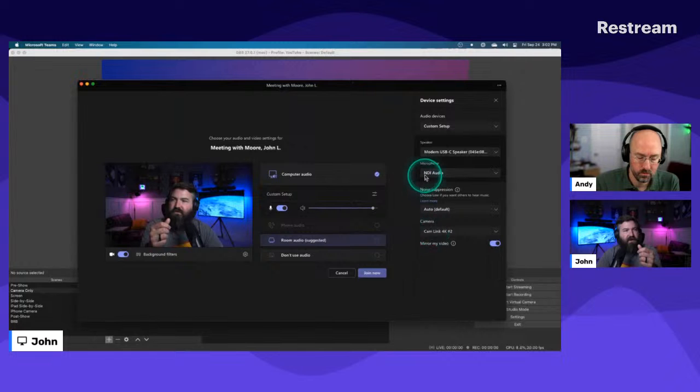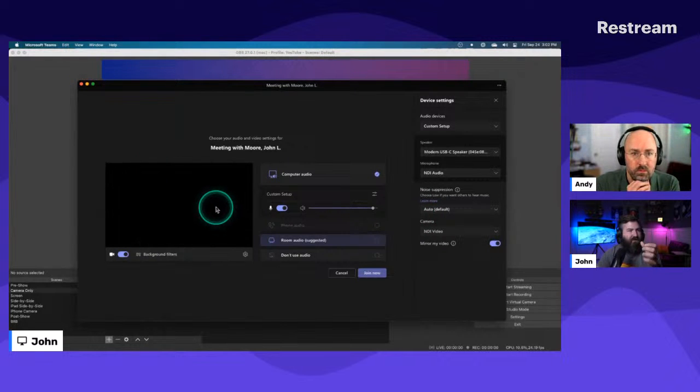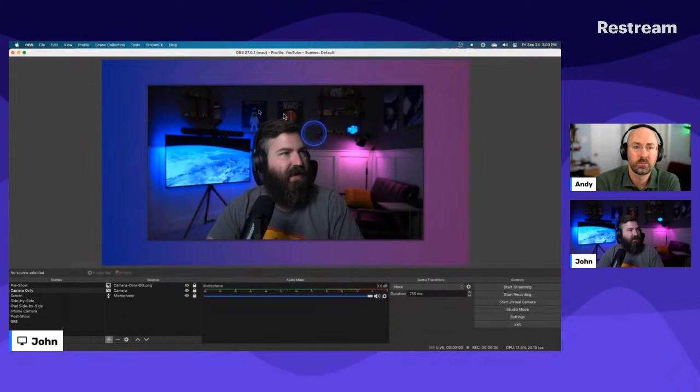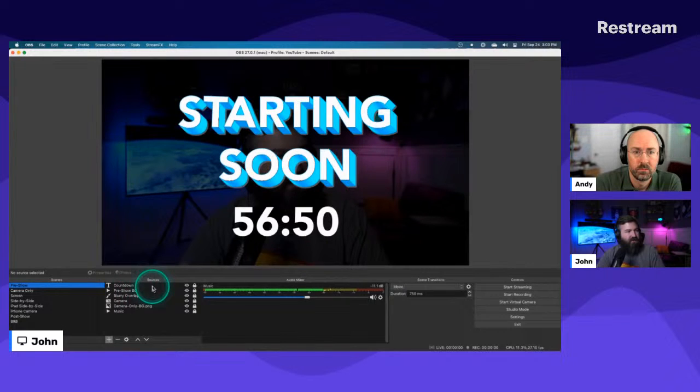And when you've got the microphone and the camera both set to NDI video, now not only here in a second is it going to show the OBS window, what's on screen with my fancy little background and all this, but also if I went to my pre-show, which you're not going to hear, my pre-show has music playing on it, you would hear that music in the Teams meeting because that's my microphone.